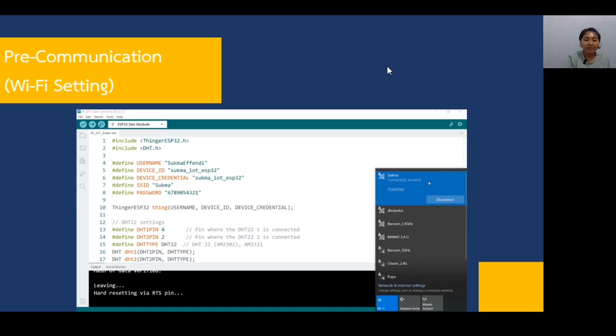Before we run the system, we have to make a pre-communication. This is for the Wi-Fi setting. This picture shows that the computer is already connected to the Wi-Fi. This is the Wi-Fi from my phone. I already connected. And ensure that in the code, in the Arduino, the SSID